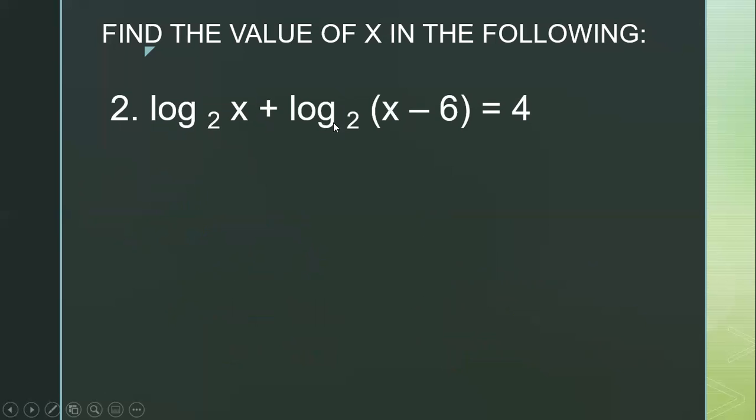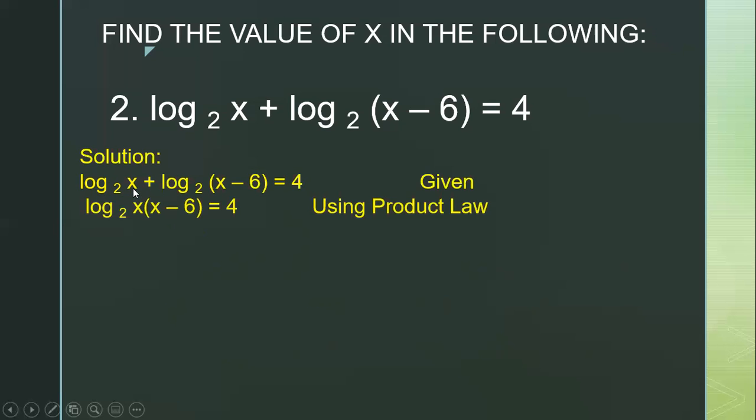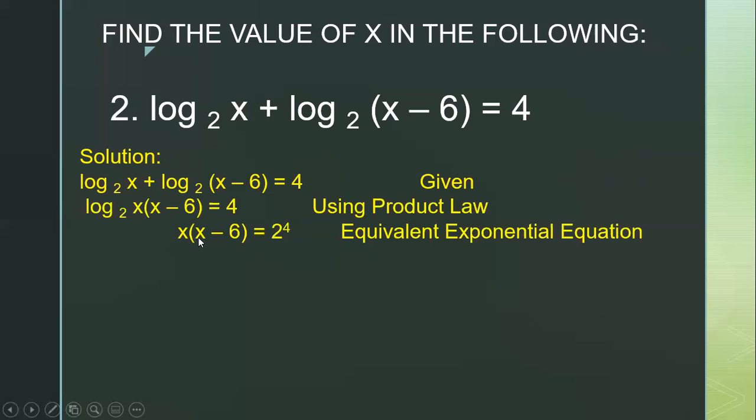Okay, the logarithm of x to the base 2 plus the logarithm of x minus 6 to the base 2 is equal to 4. So remember one of the laws, okay? If we have the sum and if they have the same base, we can actually simplify this as the product of the logarithm. Thus, in solving that, we need to combine this as product. So the logarithm of x times x minus 6 here, having the same base 2, is equal to 4. Okay? And then transforming that to its equivalent exponential equation,